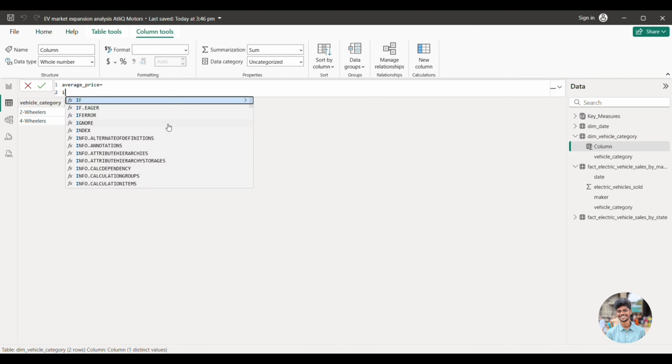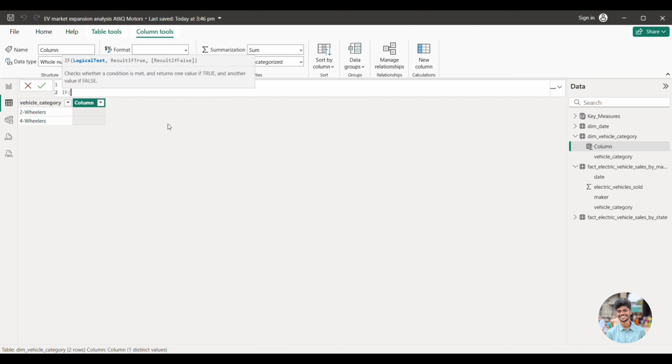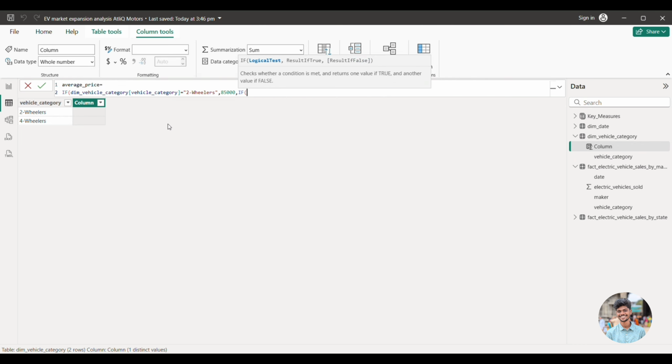And the formula is if a vehicle category equal to 2-wheelers, then give me 85,000 rupees. Otherwise, I am going to write another if statement. If the vehicle category equal to 4-wheelers,